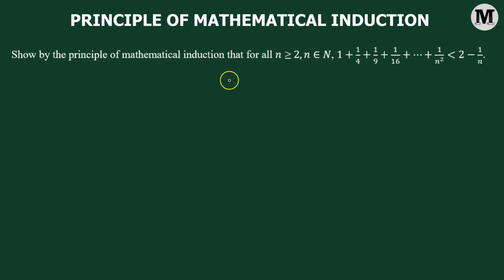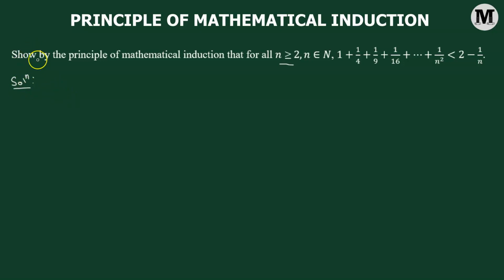So by the principle of mathematical induction, for all n greater than or equal to 2 and n belonging to the set of natural numbers, the following inequality is true. Okay, let us begin. So first what we'll do, we will consider a mathematical statement which is denoted by P